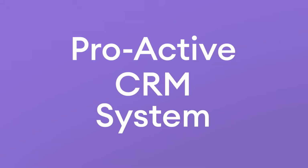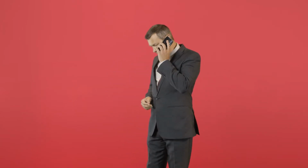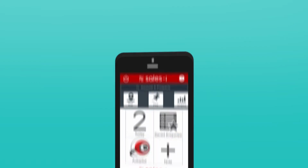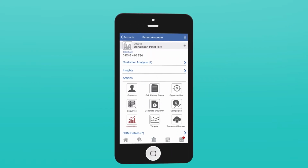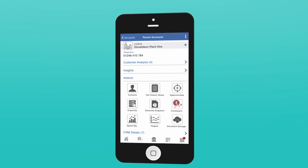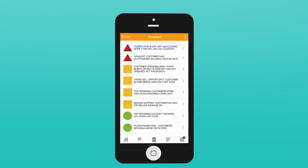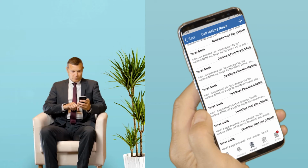SalesEye is effectively a proactive CRM system that helps you in every single meeting you have with your customers. We know that salespeople don't have much time. Not even the most experienced sales professional has the time to track the trends and spot every opportunity within their customer sales data. SalesEye simply integrates with live invoice data and delivers on-the-spot actionable sales insights, business intelligence, sales trends,